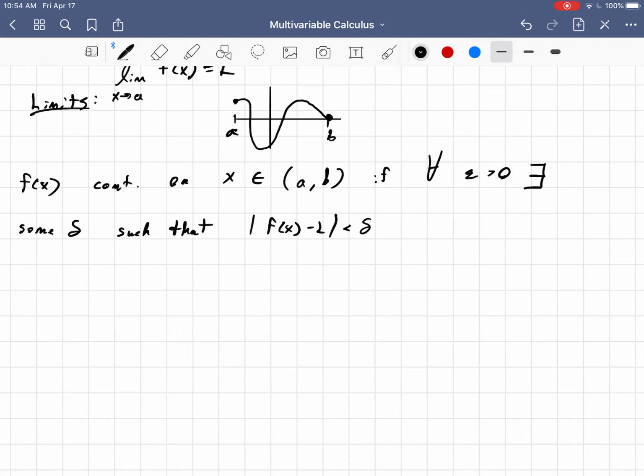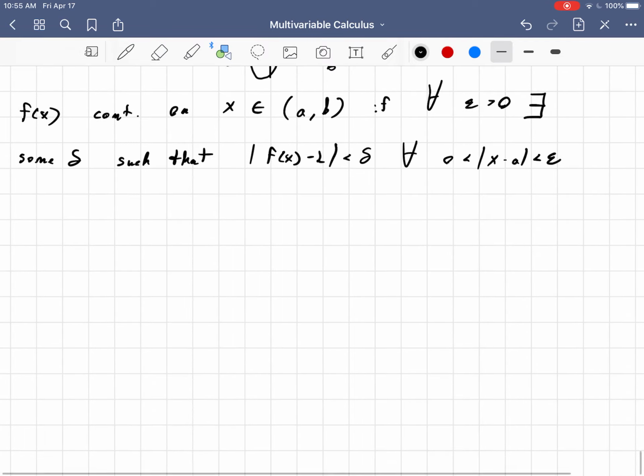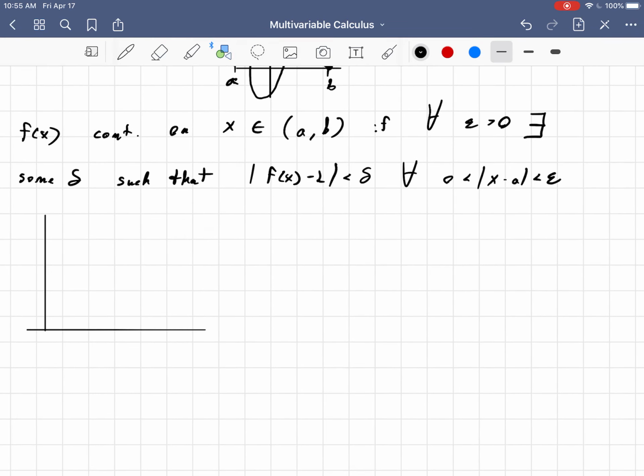the absolute value of f of x minus L, where L is the answer to our limit, is less than delta for all 0 being between the absolute value of x minus a being between epsilon. So you're probably like, clear as mud, right? So what this is actually saying now,